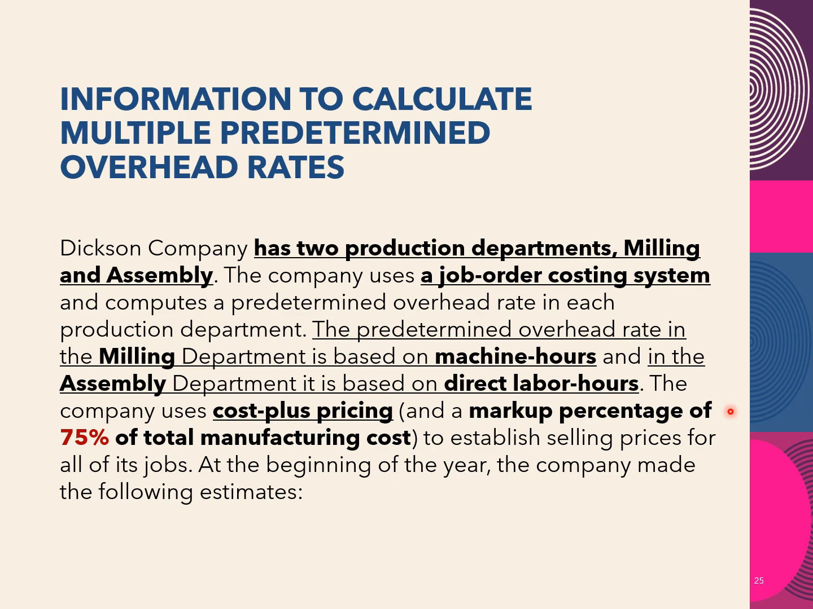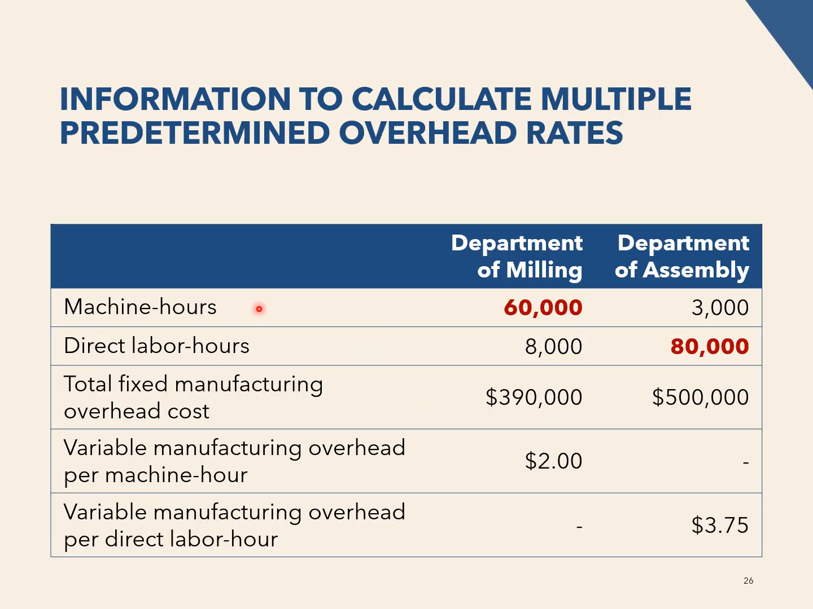The company uses cost-plus pricing and a markup percentage of 75% of total manufacturing costs to establish selling prices for all of its jobs. At the beginning of the year, the company made the following estimates. Total machine hours used are 60,000 hours for milling, 3,000 hours for assembly. Direct labor hours consumed for milling are 8,000 hours. For assembly,